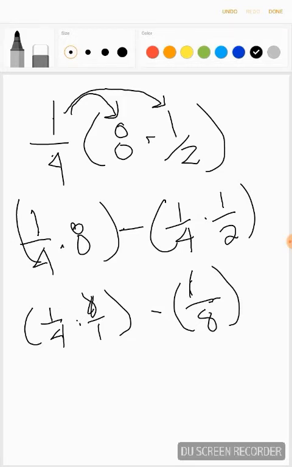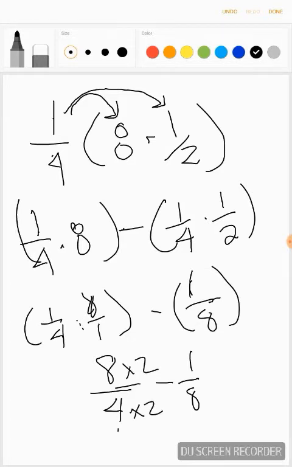So now I can do this one right here. So we have 1 times 8 is 8. 4 times 1 is 4. So we have 8/4 minus 1/8. So we want to have common denominators. So most of you would say just take the 4 and turn it to an 8. So let's go ahead and do that. So we're going to multiply each one by 2. So you have 16 over 8 minus 1/8. And that's going to give you